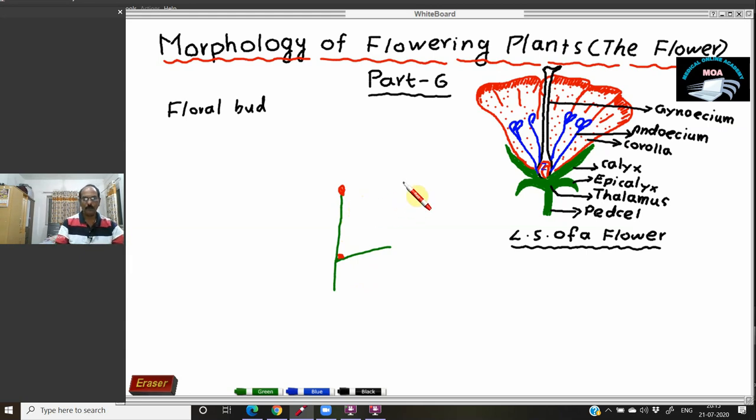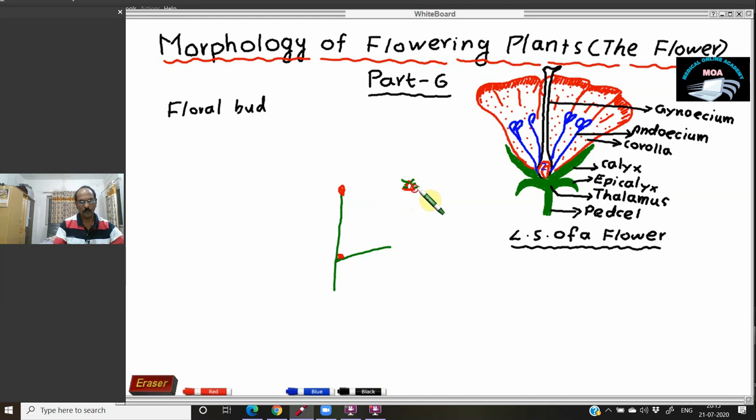And the floral bud is a highly condensed structure. Highly condensed means its size is reduced to the maximum. But remember that this is the stem. If it is a stem, it has nodes. So here is one node, this is another node, this is the third node. Like that, many nodes are present on the floral bud, because the floral bud is part of the stem. If it is a stem, it must have nodes and internodes. But the distance between the nodes, that means the length of the internode, is highly condensed, so we cannot differentiate it. But a node is there and an internode is there.